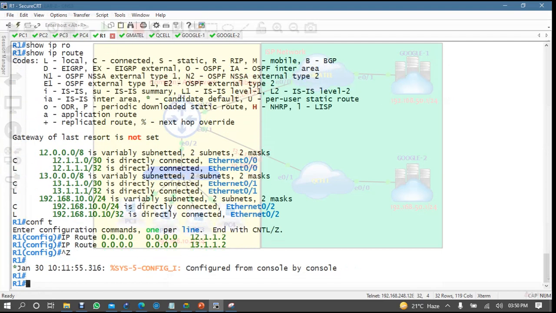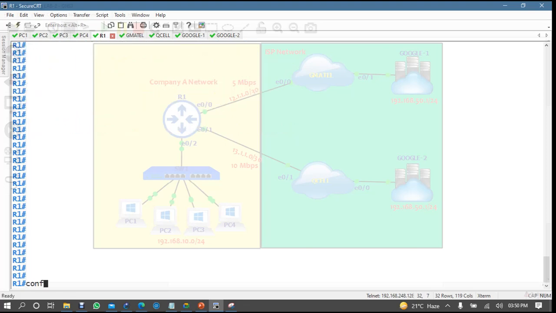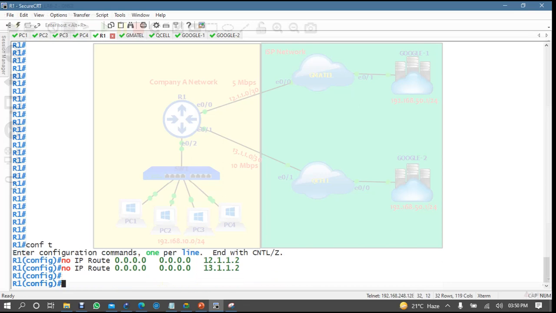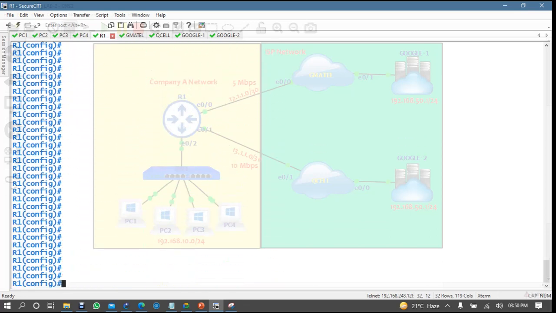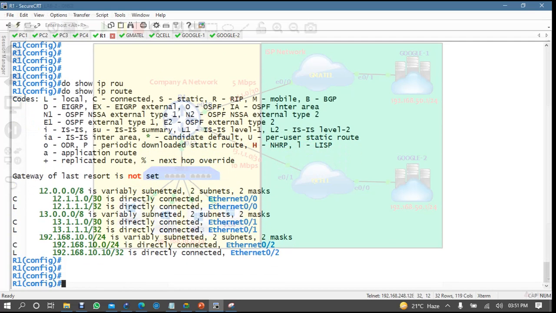Okay, so see what you have to do. First of all, conf t, first you have to delete your older routing table. Okay, and now you have to configure the new routing table. If you want to check, so ip route, no routes towards, okay, fine. Then you write